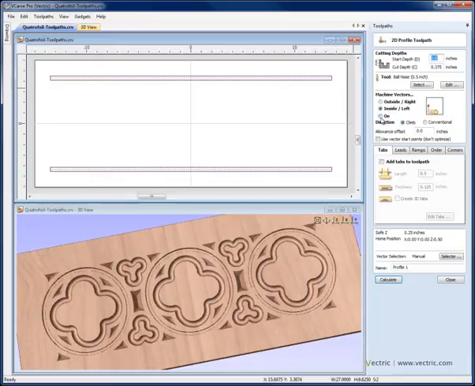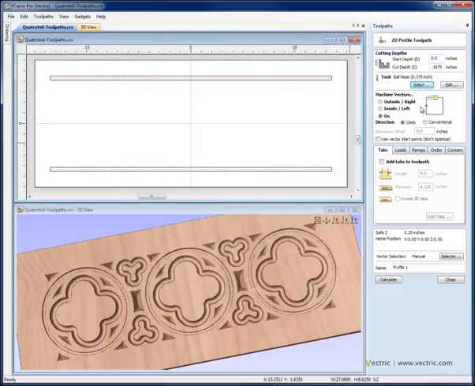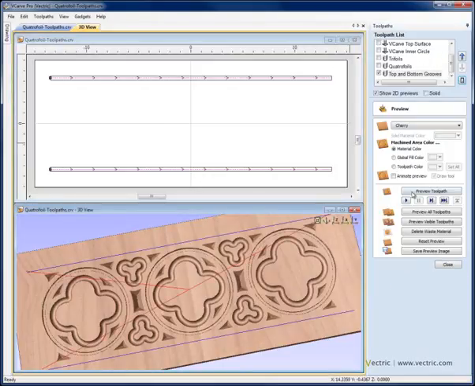I'm going to say profile. I want to profile on those vectors. I'm going to go with a cut depth of 0.1875, so basically the radius of the cutter I'm going to select is a 3/8 ball nose. So we'll go ahead and call that top and bottom grooves, hit calculate, and if we look at that we